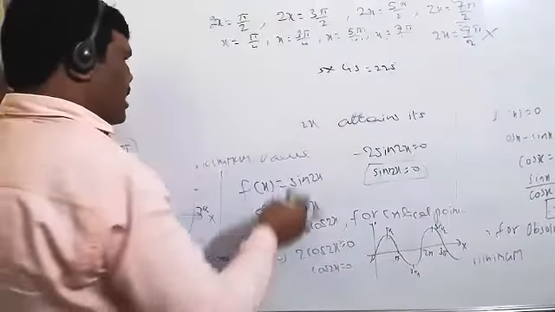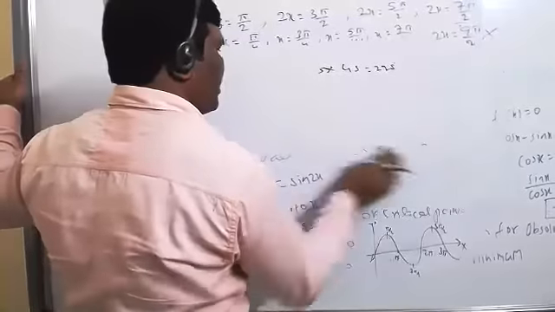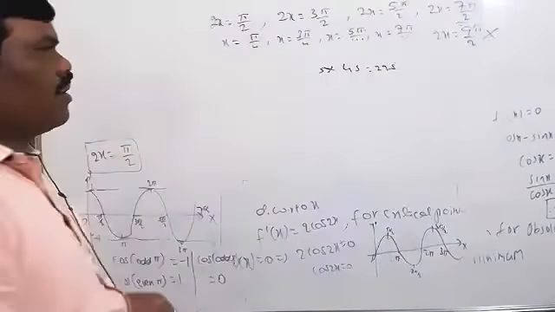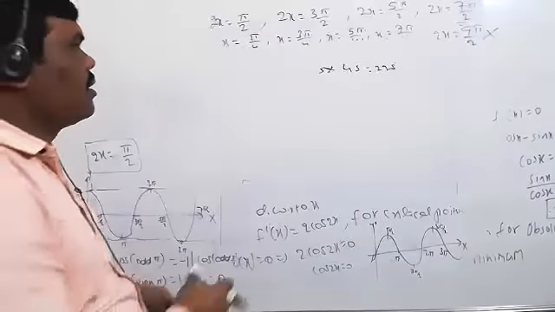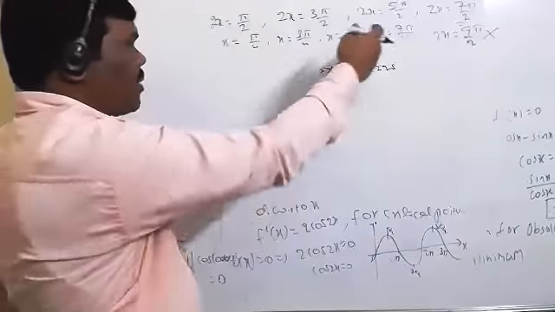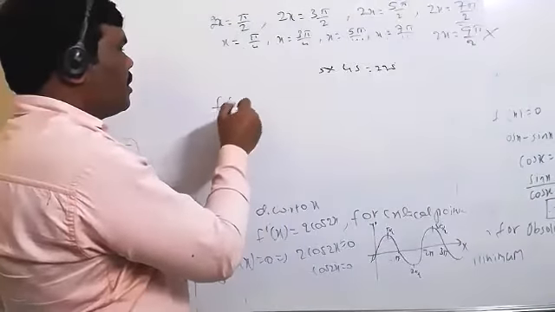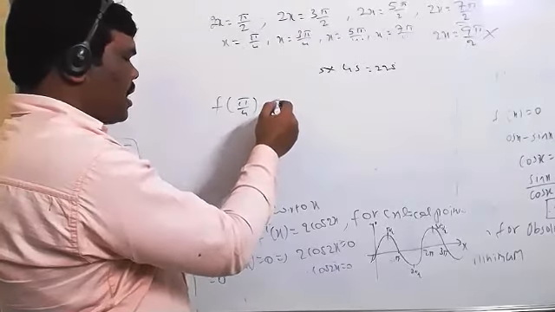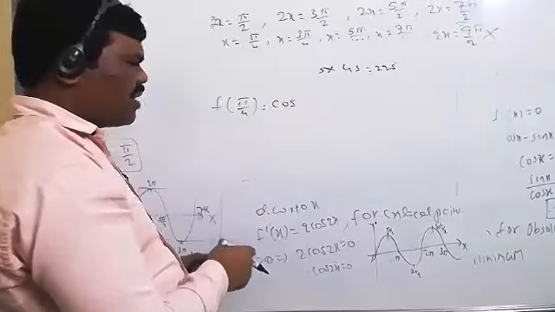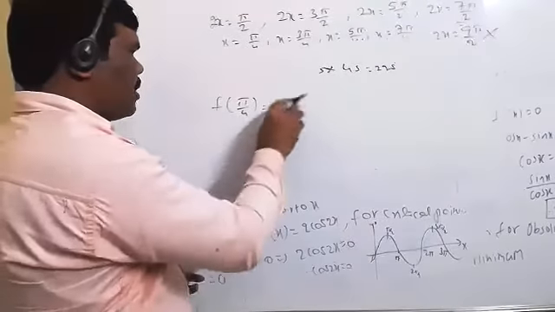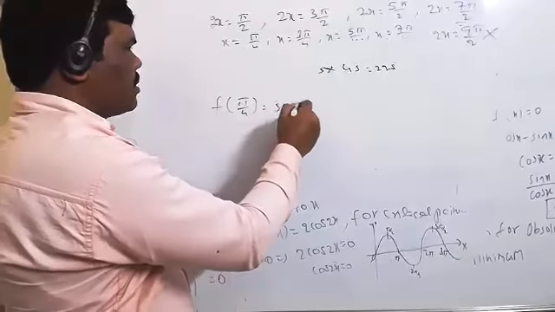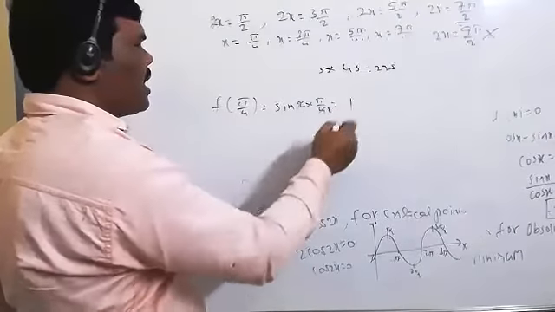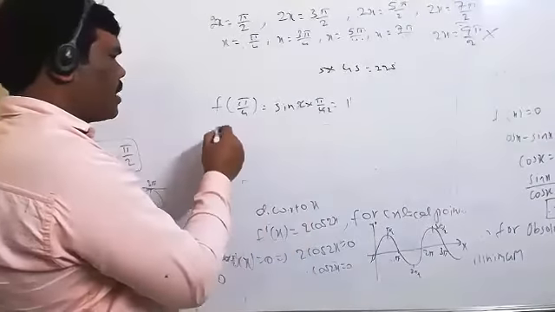Clearly we are saying that this one lies between 0 and 2 pi only. Correct? That's why we are taking up to there now. Then you can find it. F of pi by 4 first you can take. What is the function given now? Sine 2x. Sine 2 into pi by 4, in this number 2 times only. But sine 90 equal to 1. Okay. Next.